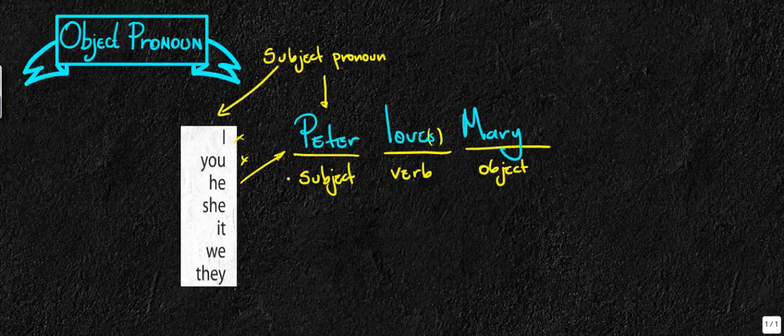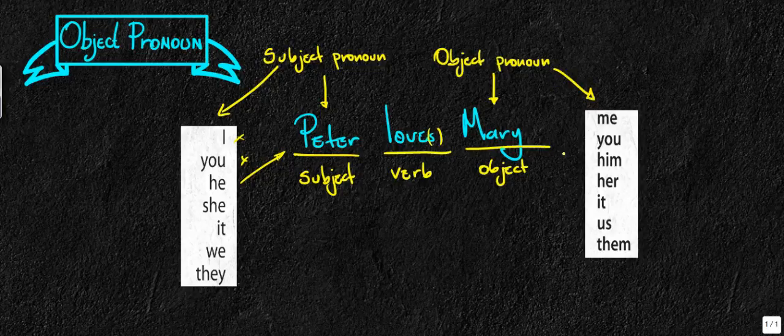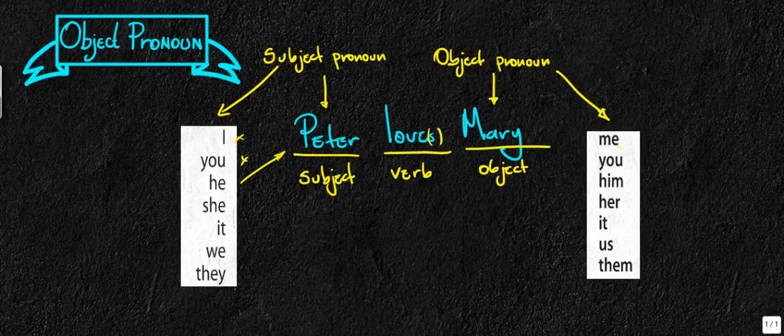All right. Now, let's say that it's not Peter that I mentioned a lot, but it's Mary. In my paragraph, I said Mary, Mary, Mary, and I don't want to say Mary again. So for that, what I'm going to have to use is what we call object pronouns. And I'll give you a list of that one as well. Okay? And so the way that this list works is that